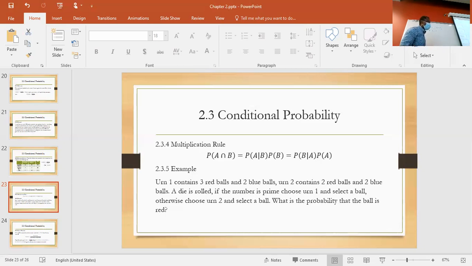Can we say 1 over 52? Why do you think 1 over 52? Yeah, a standard deck has 52 cards. How many of them are aces? 4. So what should we have? 4 over 52. Good. 4 over 52. Now, if the first card is an ace,